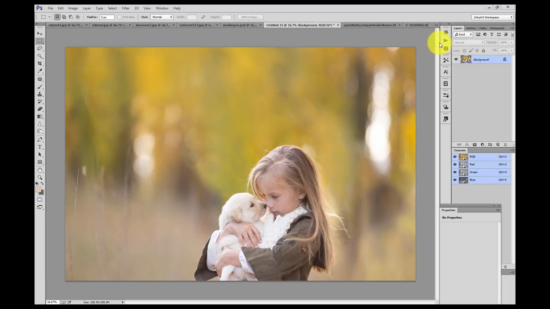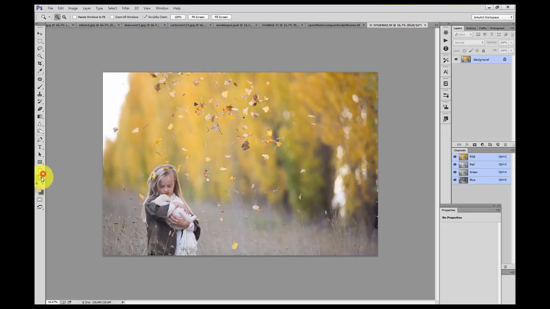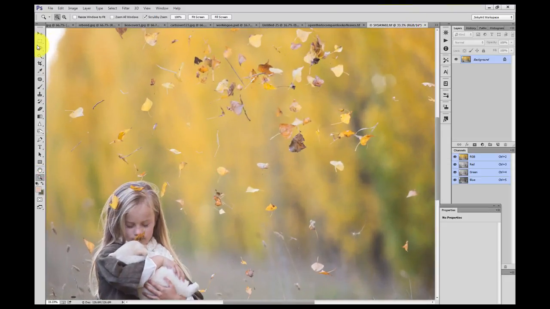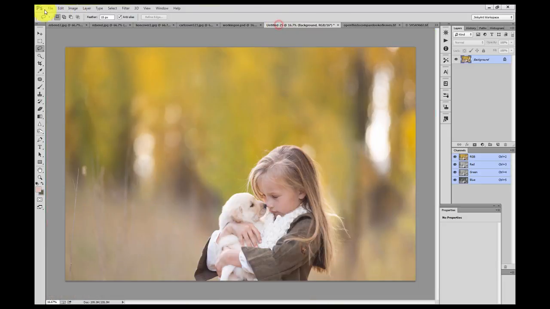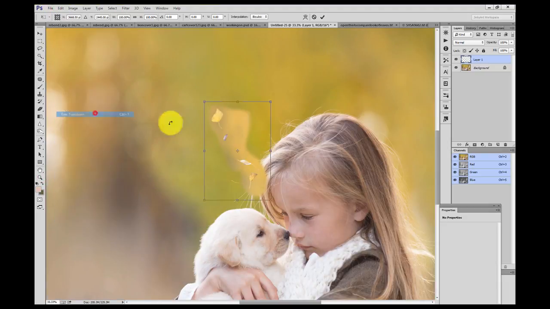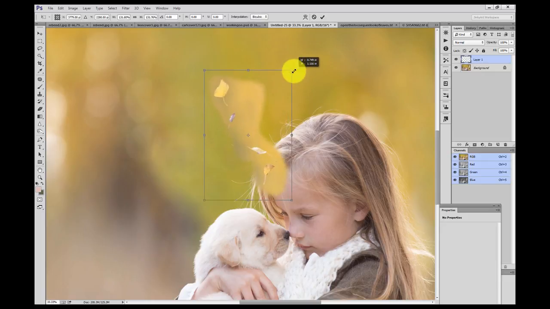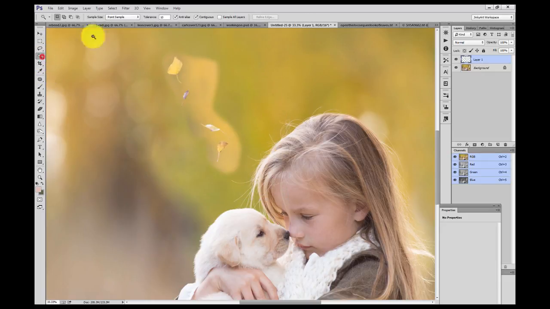Okay, so all I did was I opened one of the other ones, and which I've done here, and I simply lasso the area with the leaves that I want, and edit, copy, edit, paste, and I free transform them. I made them a little bigger. So edit, free transform,